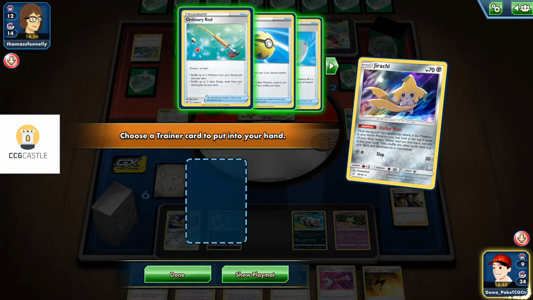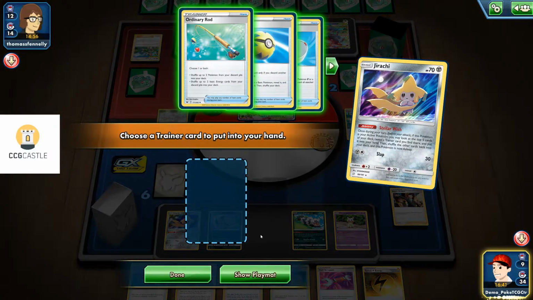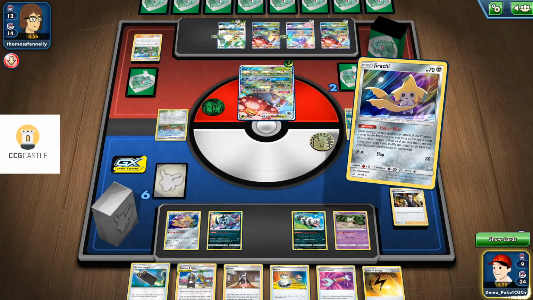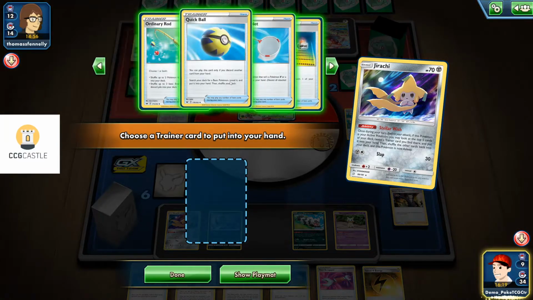But also about Ordinary Rod. If I use Ordinary Rod, I can get Morpeko and start attacking with Morpeko, but actually I can't, because I don't have an option to draw that Morpeko into my hand. That's looking really bad. Technically speaking, there's not too many options, so I think I'm just going to